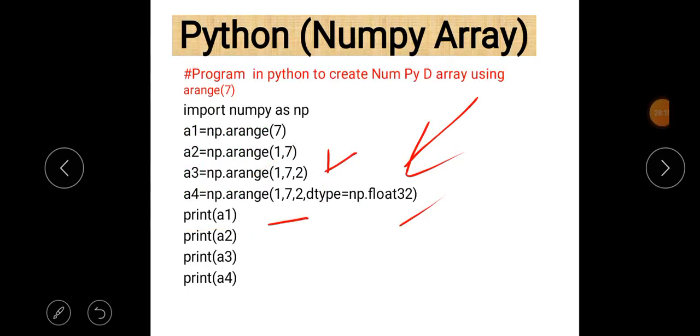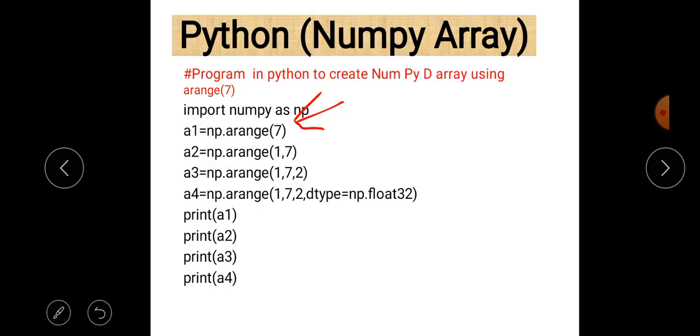So basically, arange is a function used to create a numpy array in which we can pass 4 parameters. At least we have to pass the stop value, because if we don't pass the start value, or the increment or decrement, which is the step value, or the dtype, then default values are considered.